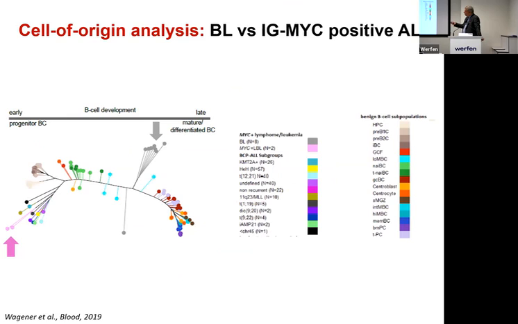Where are Burkitt lymphomas located? They are here. And what about lymphomas with an immature phenotype and a Burkitt translocation? They are here. They are in the ALLs, at least a subset of those which are really ALLs. So you can use this to really pin down the cell of origin.